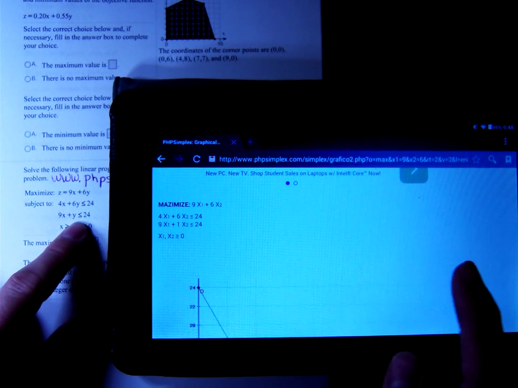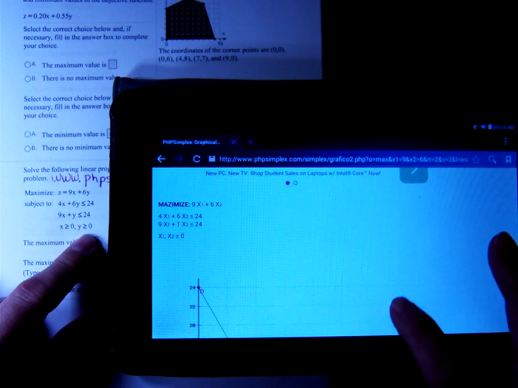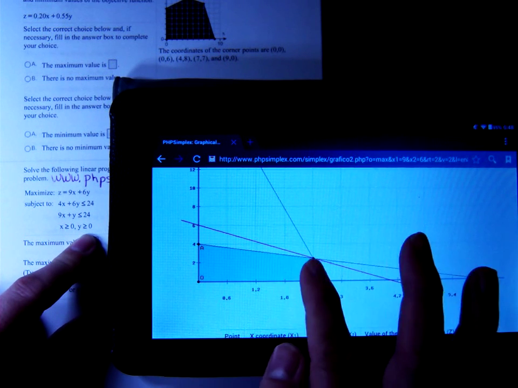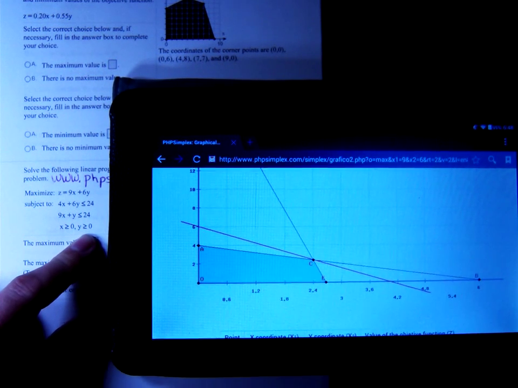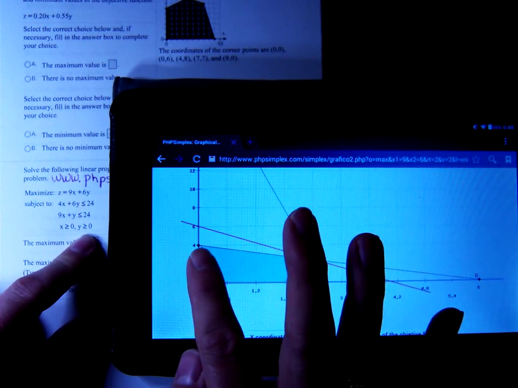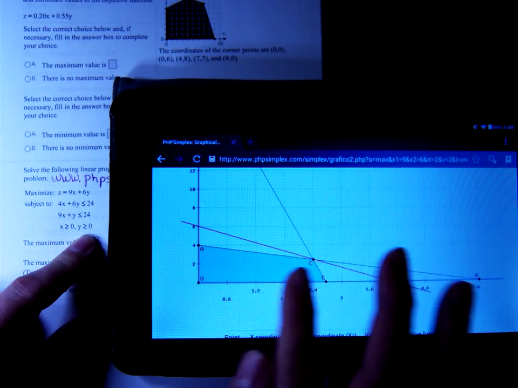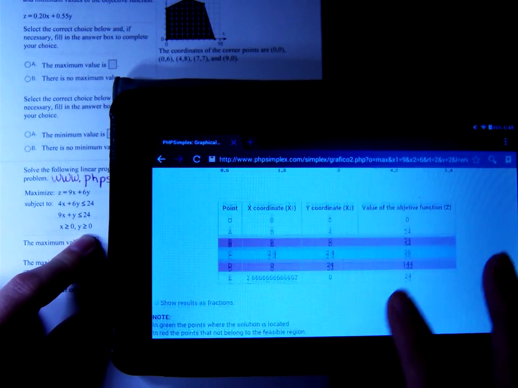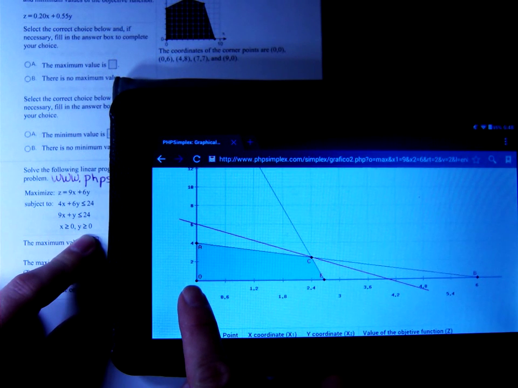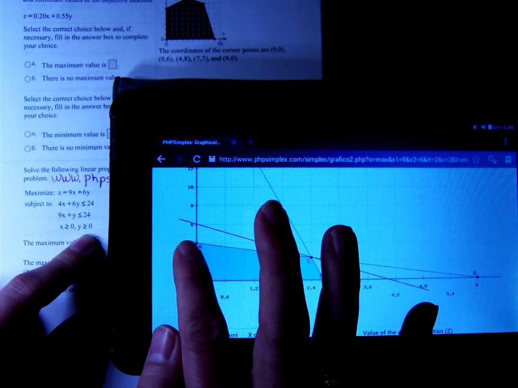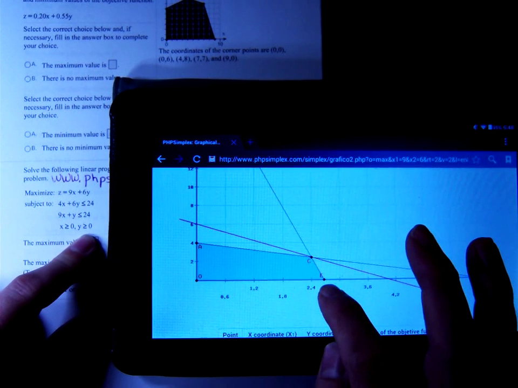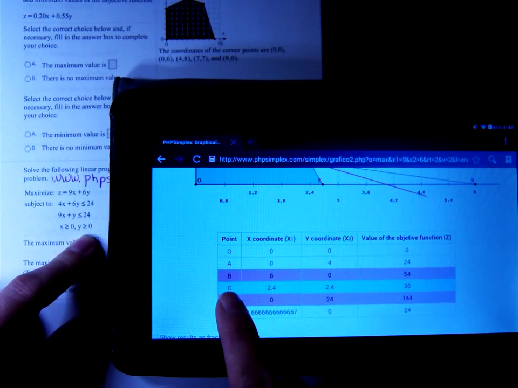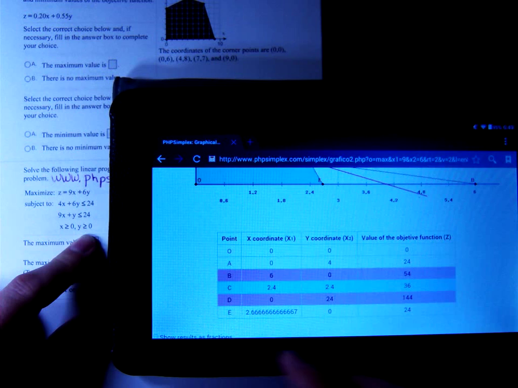And you'll notice they always assume that non-negativity there. Look, they're already drawing the graph. So there's the shaded feasible region there. Oh wow, this is really nice. I don't know if you can tell, but this region here is darkened. It's a shaded green. So if you look at the corner points, 0, 0, then over 1, up 4, and then A, the origin, C, and E. So point C, 2.4, 2.4, and E,